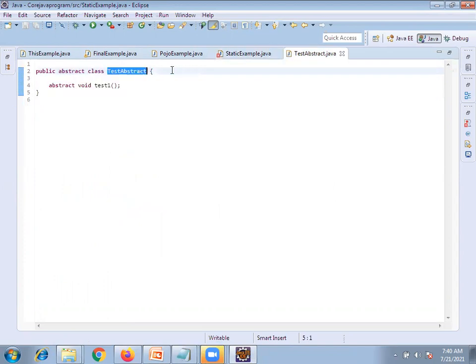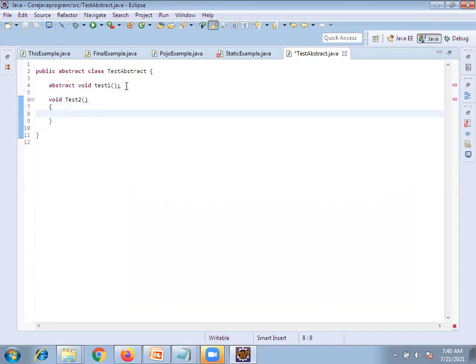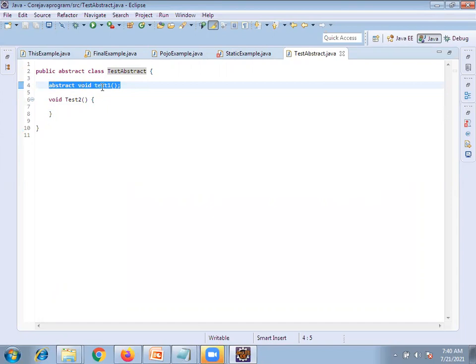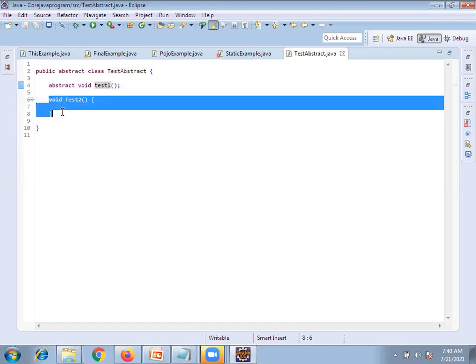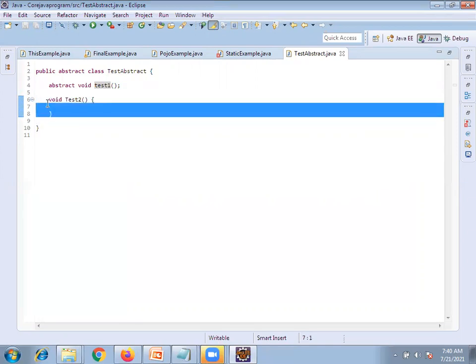Whenever you have an abstract class, what methods are there? There are two methods. Let me define it. Another one is test2, and this is the method. Clear? Now there are two methods I have defined in the abstract class. So what is the abstract method? An abstract method will contain only the declaration of the method. Other methods without the abstract keyword are default methods. If you are defining one method, it is a simple method.